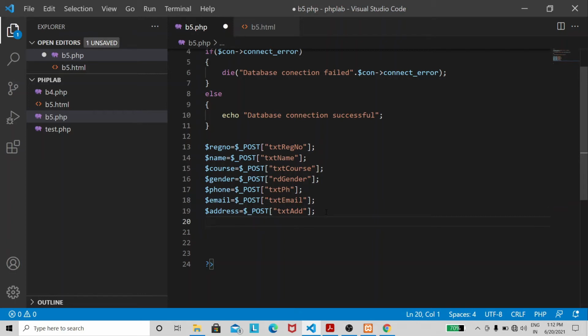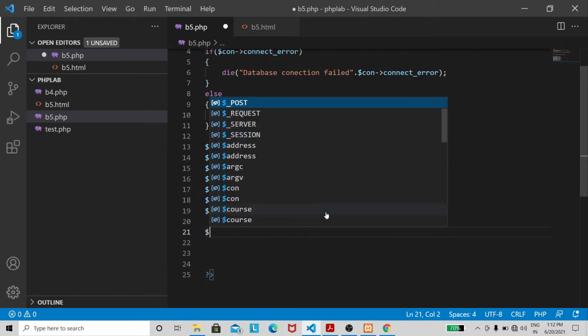Okay, now we have accepted the input. Now let's write the query.